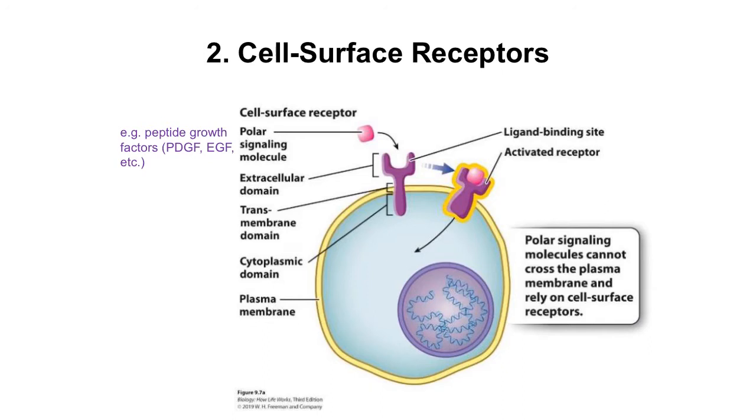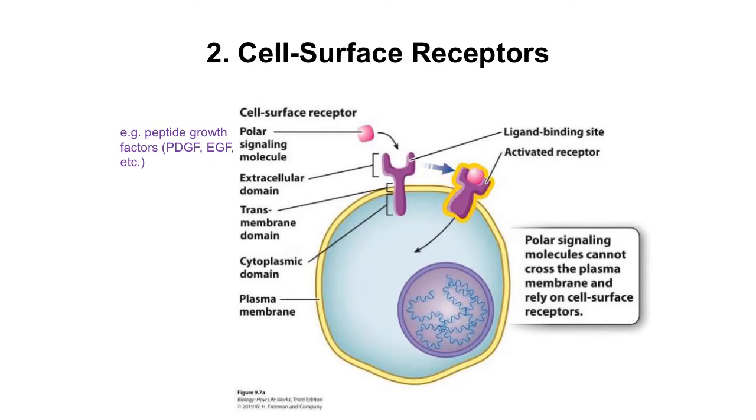The second type of signaling receptors are what we have already encountered before, the cell surface receptors. So when the signaling molecule is polar, they cannot cross the plasma membrane and must therefore rely on receptors that are found on the cell surface. So here in this figure, we have a polar signaling molecule, and it has a very specific cell surface receptor here, this fork-like structure here, and typically you can subdivide the cell surface receptors into 3 parts